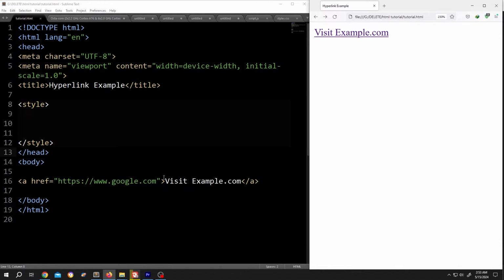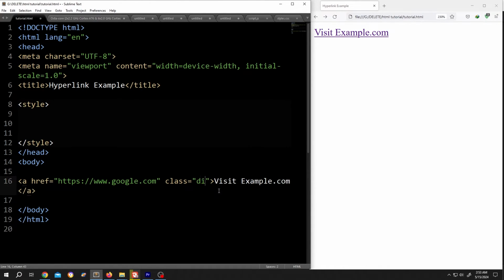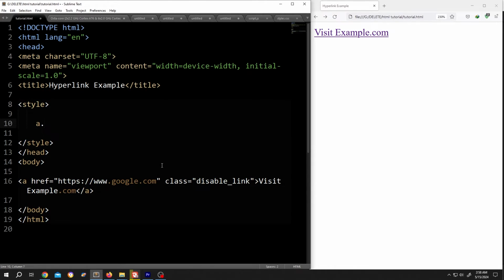To disable it, give it a class name like class equal to double quotation, disable link. The name is totally up to you. Then go to the style section, write a for anchor dot the class name, disable link, opening brace, closing brace,